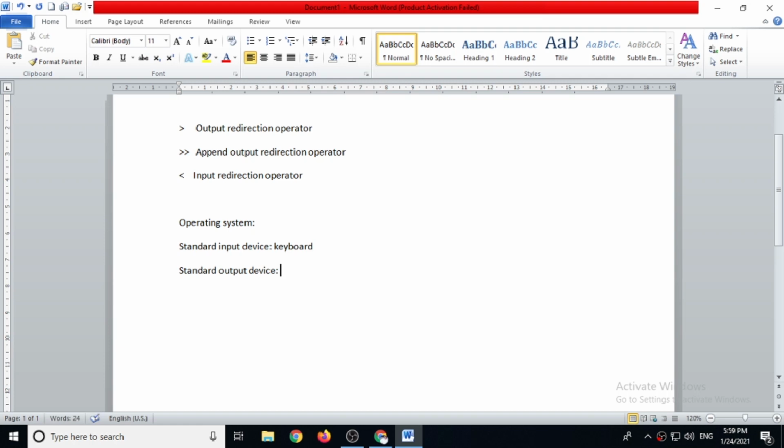Same way, monitor is standard output. It means that if we forget to give from where input we have to take, then automatically the operating system will take keyboard as standard input device. Same way, if you forget to give where to send the output, then automatically it will take monitor as standard output device.